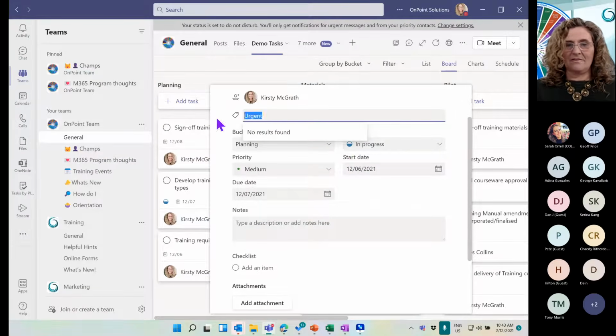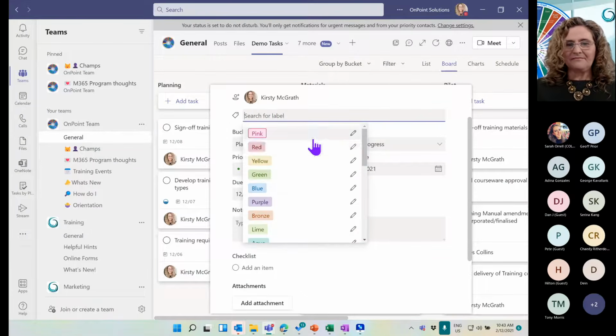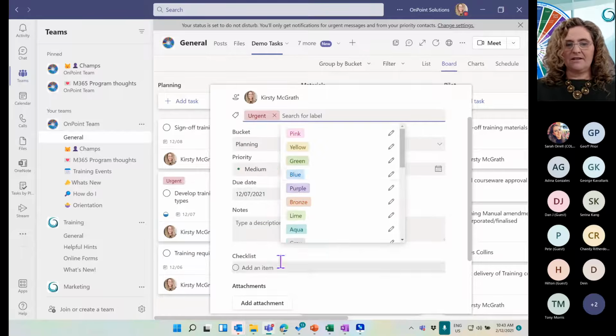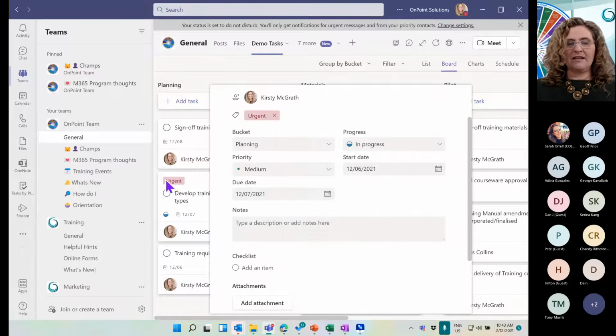Helps if I don't copy and paste. Let's do this again. Red, urgent, enter. So I could assign this as urgent. Now I start to get labels, which give you another way to filter, search, sort and bucket as I work through.